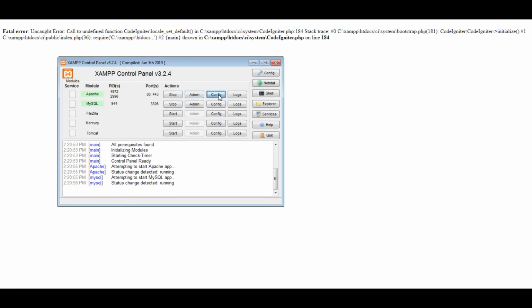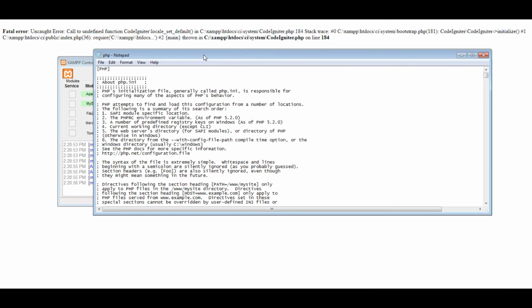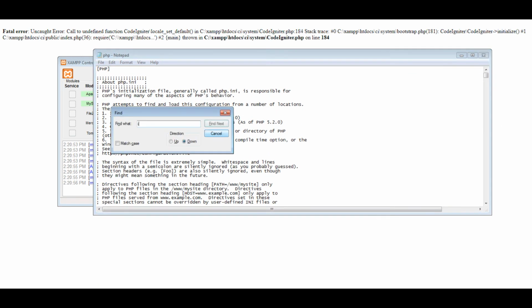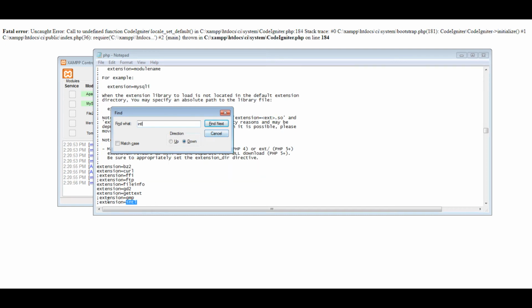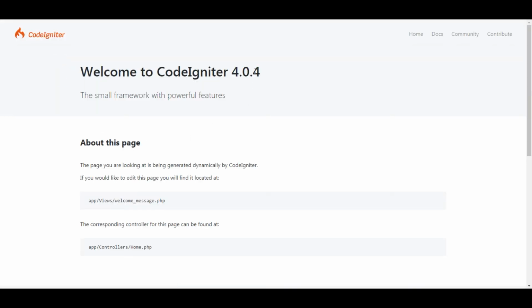This error occurs because in the XAMPP control panel we need to go to the php.ini file and check for intl. You can see the intl extension is disabled here, so remove the comment to enable it. Save that, then restart the server. While refreshing now, you can see CodeIgniter 4 is up and running.